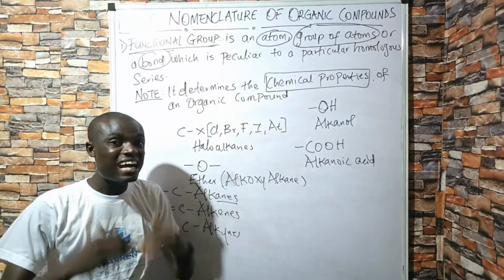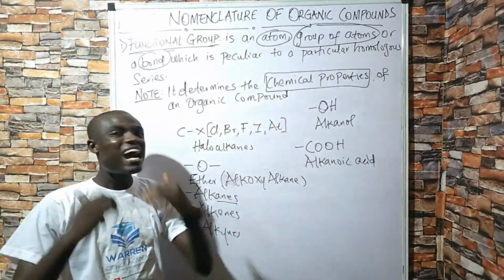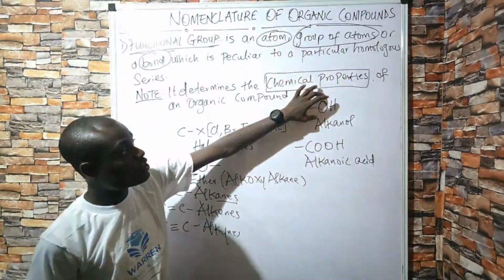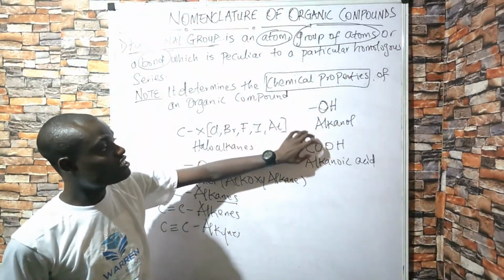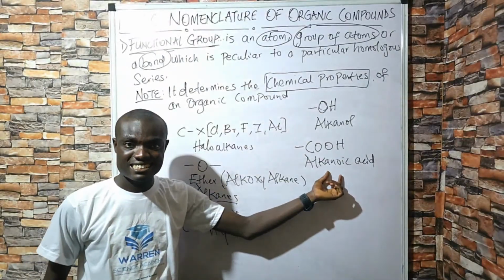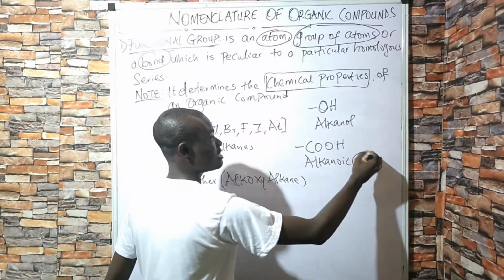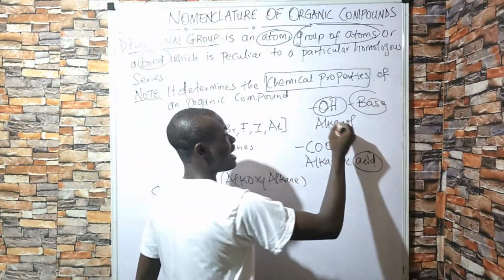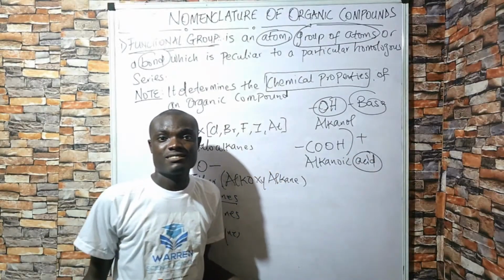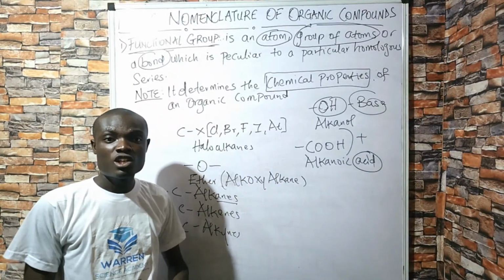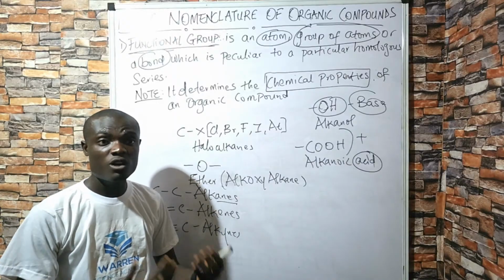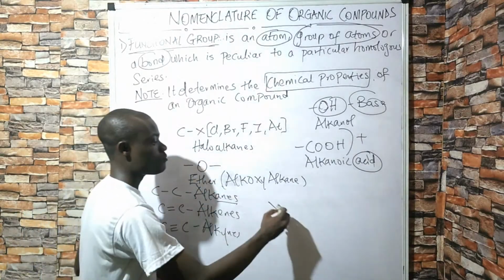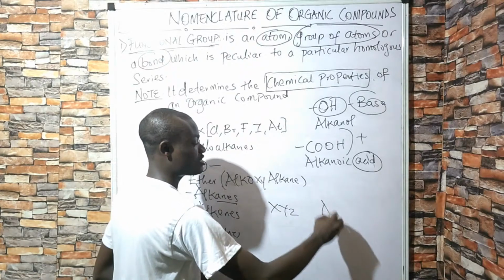The functional group determines how. When we talk about chemical property, we are talking about how they will react. How will they react with one another? For example, this one has an OH, this one has a COOH. Because of this COOH, this one behaves like an acid. So just think, that's why it's called an alkanoic acid. Because of this OH here, this one behaves like a base. That's why, for this reason, alkanol and alkanoic acid can react to form what we call esters. So it tells us how they can react, just like somebody's name, there's a name of a person which is called XYZ, and another family that has its own name, ABC.